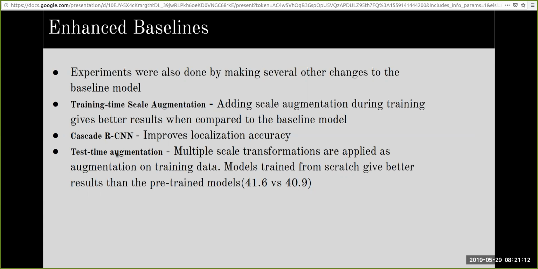By adding scale augmentation during training, better results were reported, and that's not surprising since data augmentation almost always leads to better accuracy. Similarly, using cascade RCNN and test time augmentation also improve the results. We see that with test time augmentation, models trained from scratch give better results than the pre-trained models.